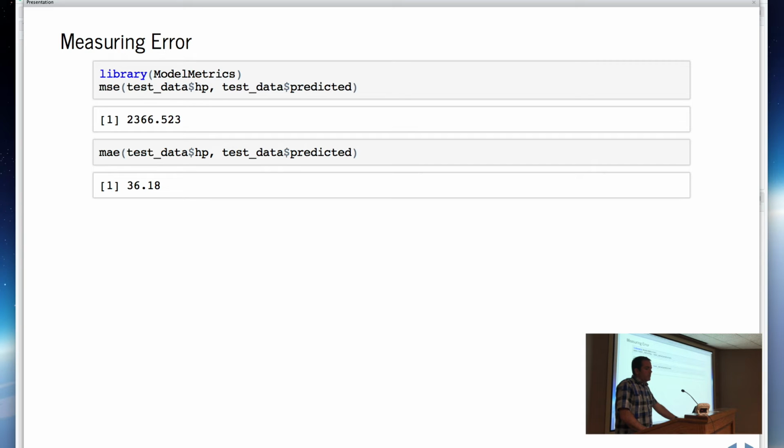So for measurements of error, there's a number of packages for getting those out. So this is mean squared error. I'm using the model metrics, and I believe it's mean average error. In general, obviously you can question the interpretability of those. That's just going to be a comparative metric, where as you model, you're looking to improve over time, right?